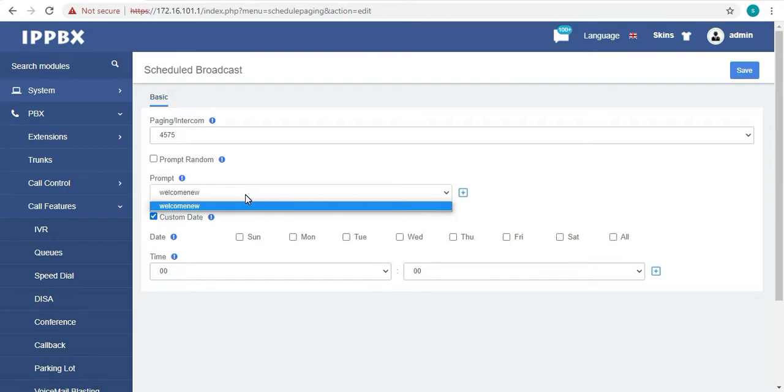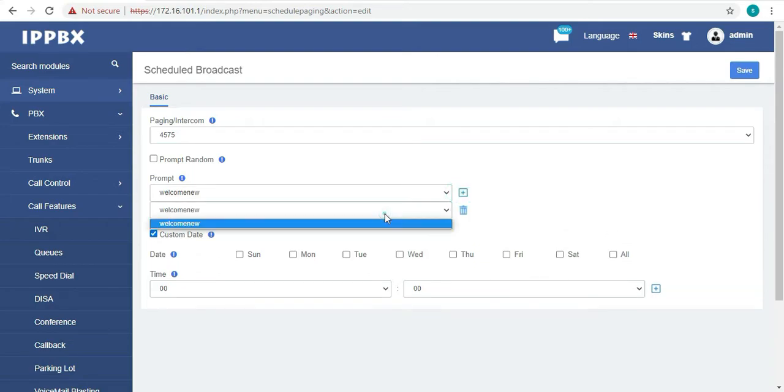So as I have mentioned earlier also, you just need to upload the voice prompt and you can choose from here. Even you can choose multiple voice prompts. So right now I have only one profile and voice prompt here, which is welcome new. If you upload multiple voice prompts, you can choose from here.